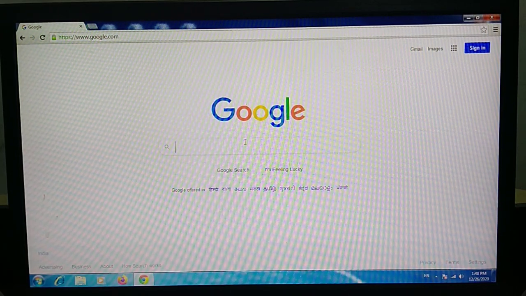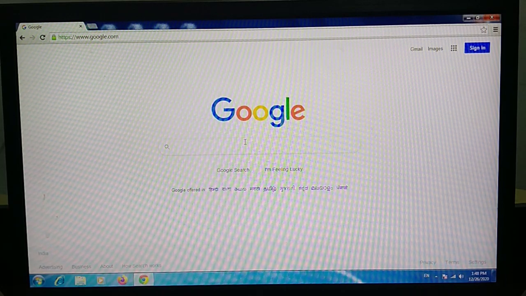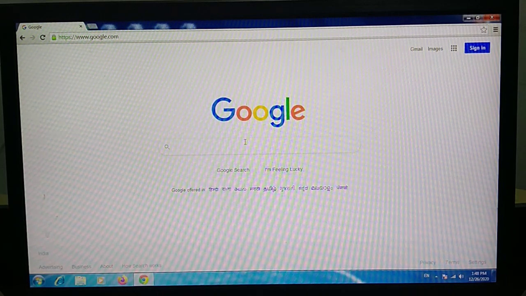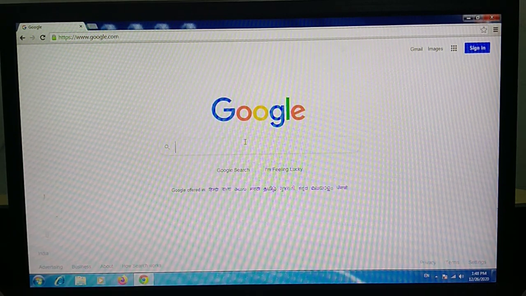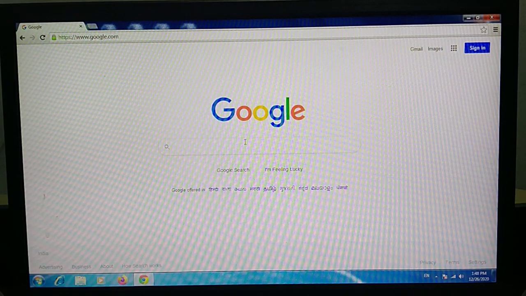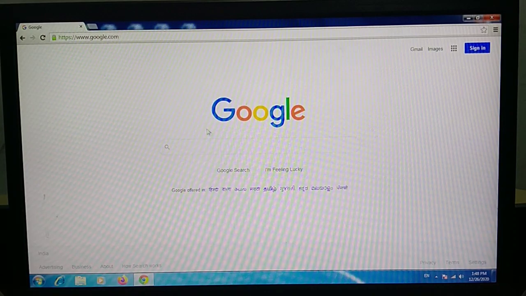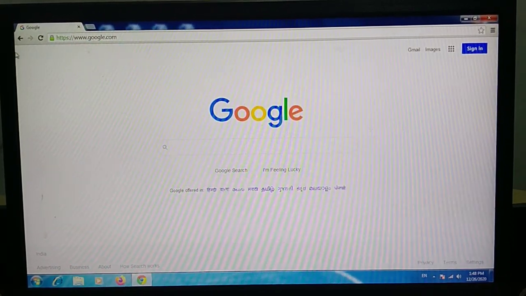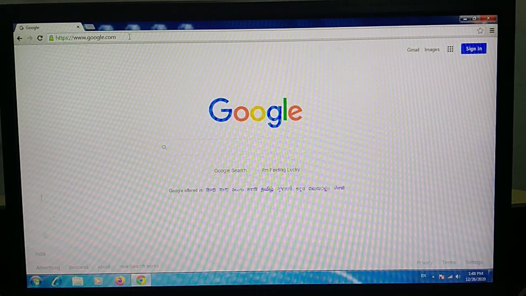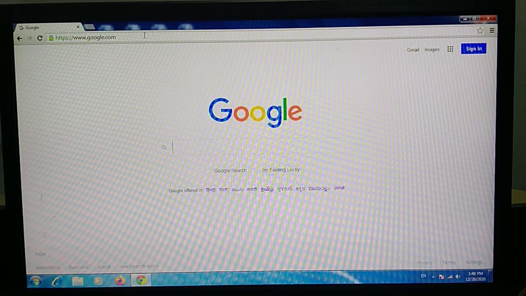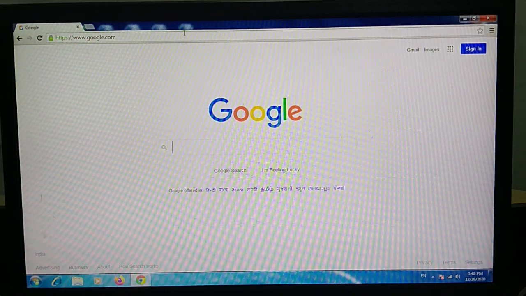This is the website to open Google, and you can browse anything by using Chrome, Firefox, or Internet Explorer. Let us have a look at the parts of the Internet Explorer window. There are many parts, and you can see them given here. I'm telling you, this one is your back button. This is your address bar. Whatever you want to search, you can search here. This is your address bar.